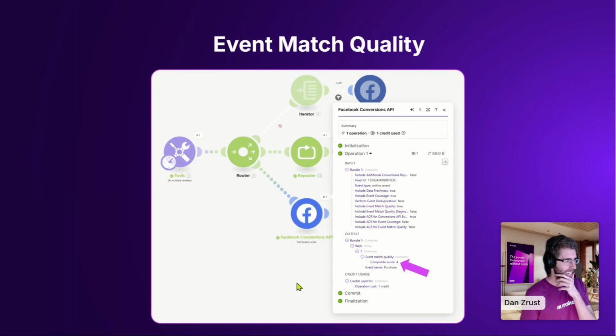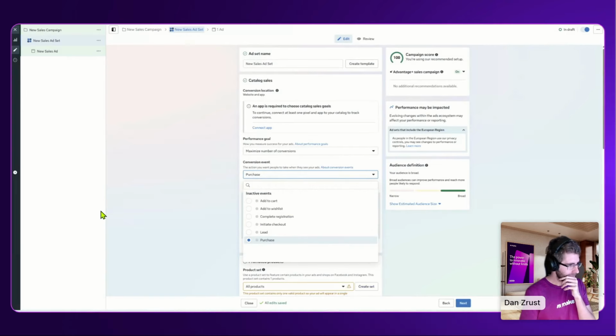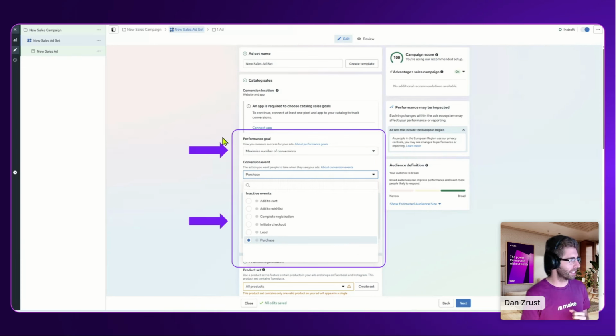And with this being said, I want to show you the final slide for my part. Once you start sending enough events, I would say probably like around 100 a month is probably a good number to have your campaigns optimized for the conversions. You will be able to see on the ad set level in the optimization section the events which you sent through Make, right? So you see, in my case, I was not sending enough, so it's kind of gray, but